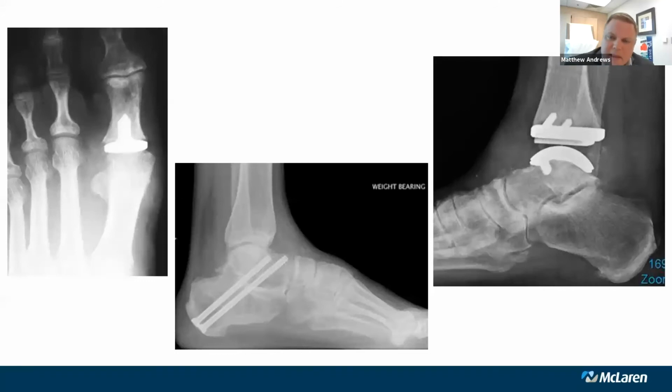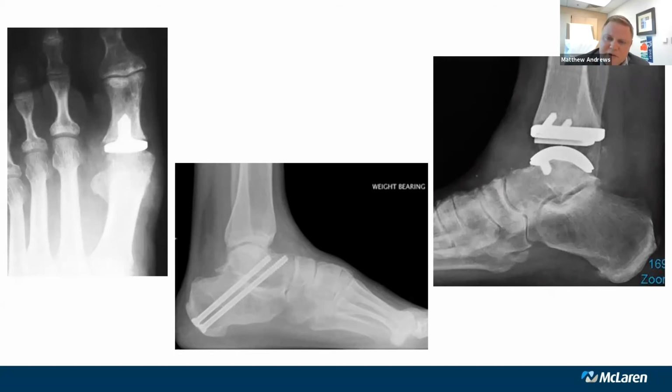And then the procedure on the right here, this is a newer generation of what we call an ankle replacement implant, which is another procedure that we do a fair amount of as well for severe ankle arthritis. Again, this is a procedure with a relatively limited downtime compared to fusion. Ankle fusion is also a very good procedure in the right patients, but typically involves a couple of weeks of casting and non-weight bearing. Ankle replacements, I usually have you off of it for about 2 weeks and then up and walking on it.